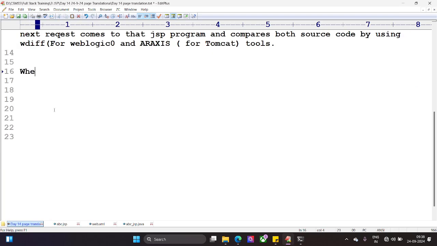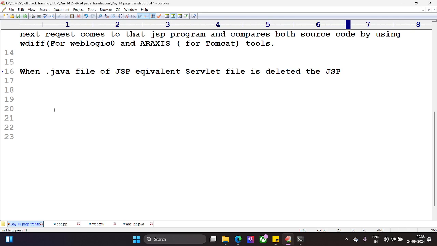Let me add one more note point. When the .java file of the JSP equivalent servlet file is deleted, the JSP program